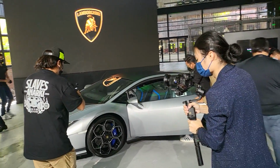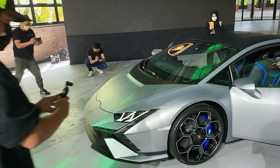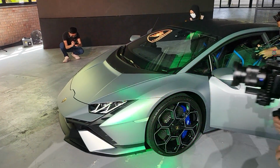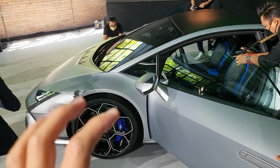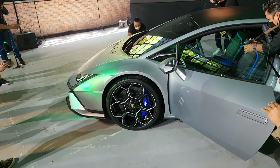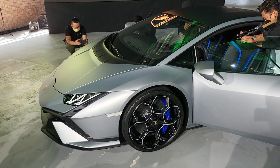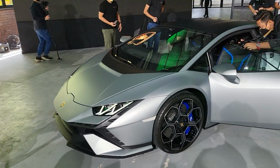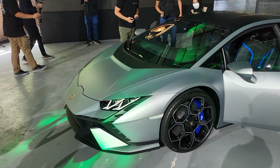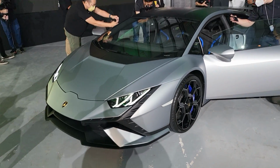So guys, we're at the launch of the Lamborghini Huracan Tecnica. This is the Huracan with basically the hardware and engine throttle response sound of the STO, the Super Trofeo Omologata. I test drove the STO on the track the other day, and this is sort of like, think of it as